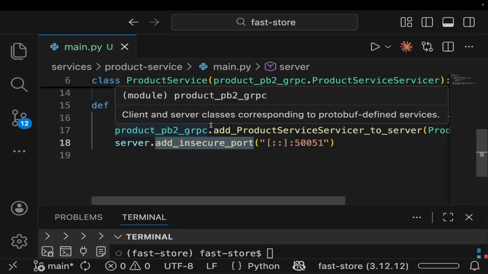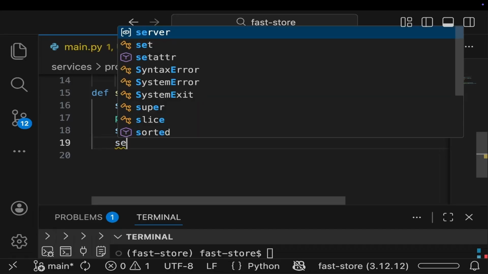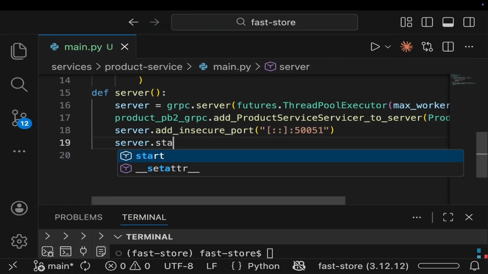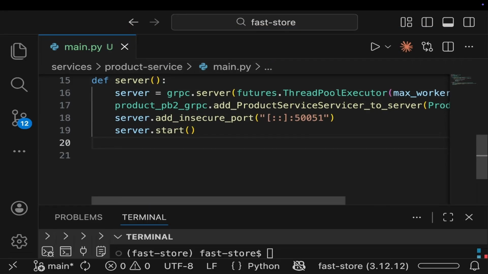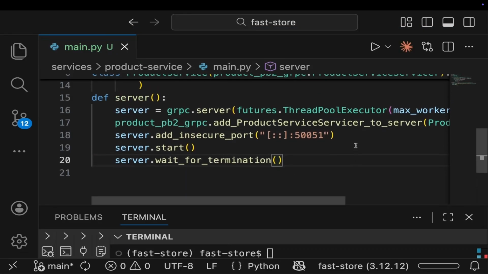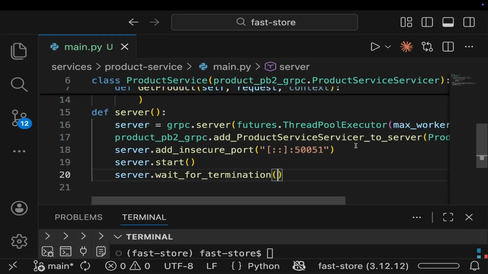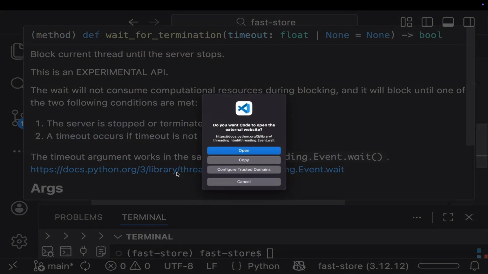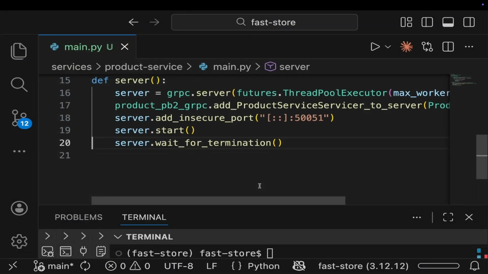Then the next line of code will be server.start. I guess you can know what this is. And then after that, server.wait_for_termination. If you don't know this, it's still okay. I can explain. So the line on line 19 simply means boot up the server in the background, and this is actually a non-blocking call. It's non-blocking, which is cool. Then line 20 simply says,